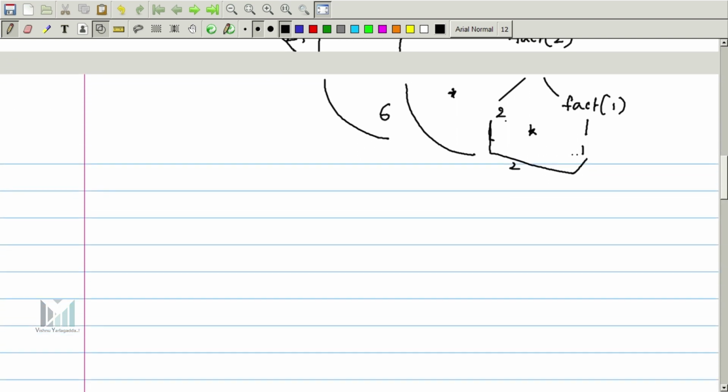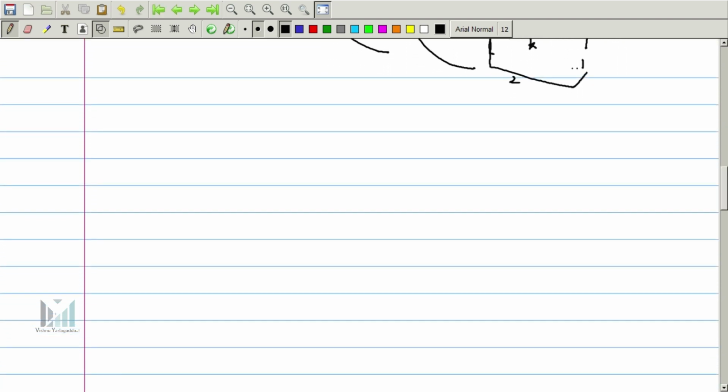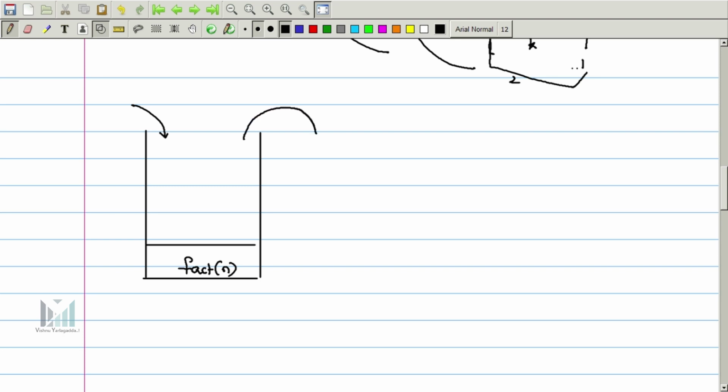Now see how it works. I am going to create a stack. This stack concept I will explain later; anyway, stack is also explained in these videos, so you can go through it. Now I am inserting fact of n into the stack. First I am pushing the value of fact of n. I want to find the factorial of n, where fact of n is popped and inserted as,